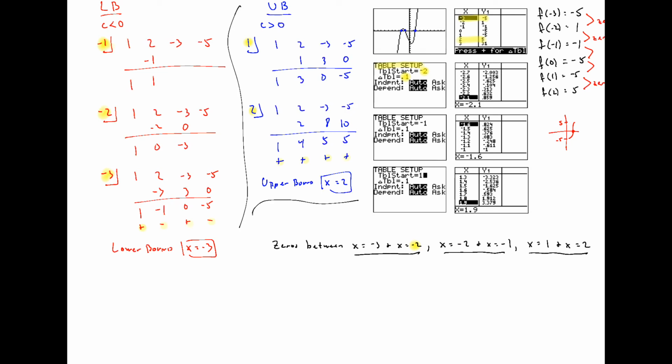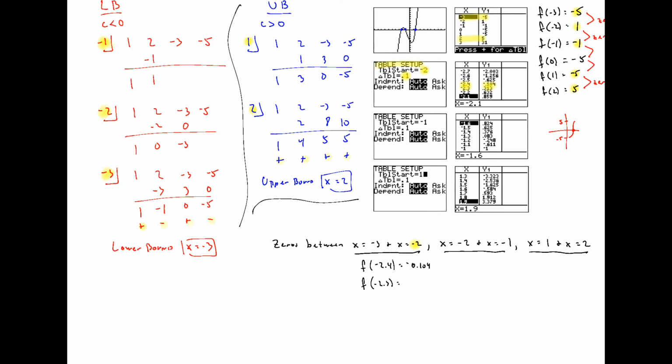Once you do that, you want to look for that change, just like we did over here on each of these when we went from a negative to a positive. So you can see right at -2.4 and -2.3, we go from a negative to a positive. So we can round this to the nearest tenth by indicating that's where the change occurs. And once again, because you're going to be doing this on your calculator, you want to show me that. You want to say at f of -2.4, that is equal to negative 0.104. And then at f of negative 2.3, that's at